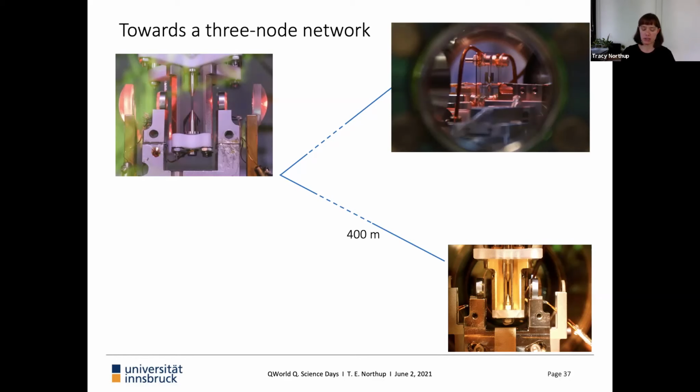And then maybe what you want to do for a network application is look at something like blind quantum computing. Imagine that one of your systems is a client that has a computation that he or she wants to run on a quantum computer, and is trying to send that information to a quantum computer without the computer knowing the problem. There have been blind quantum computing demonstrations with photons, but it might be really nice to show this in a network, in a matter-based qubit setting.